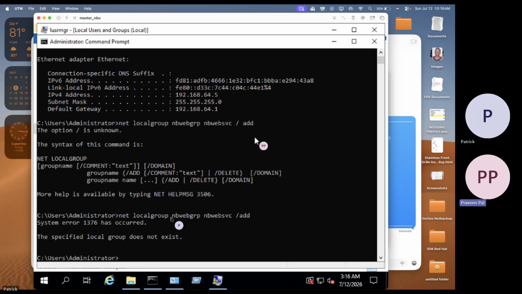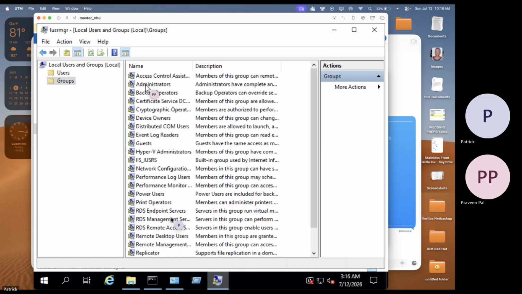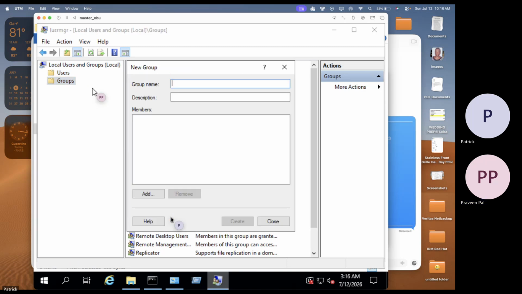What it's saying is, system error 1376 has occurred. The specified local group does not exist. So we need to create the user from here. First we create the user group. New group. The group name is nb web grp. Simple. Create the group,